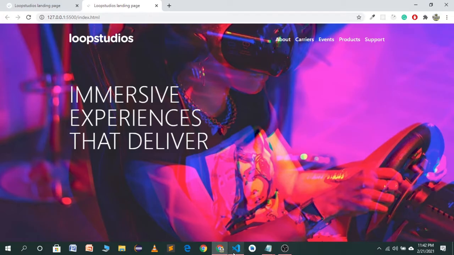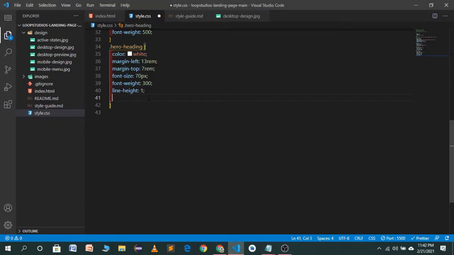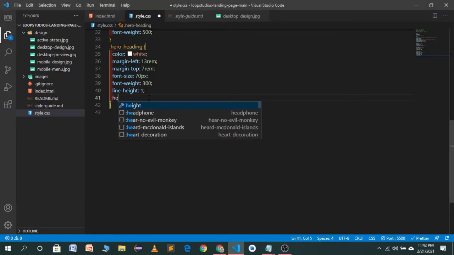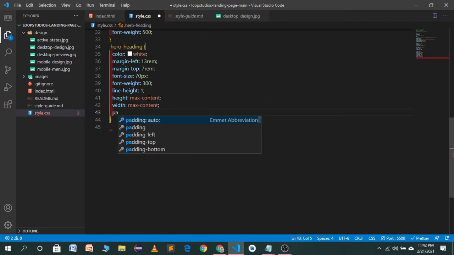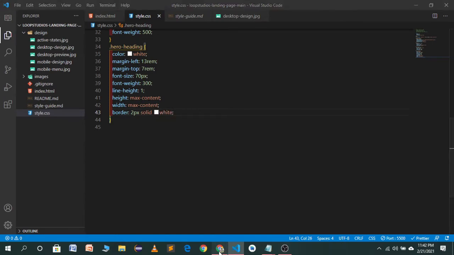We just want to give it a height of max content, and the width will also be max content. Now we will give it a border. Border will be 2 pixel solid white color.